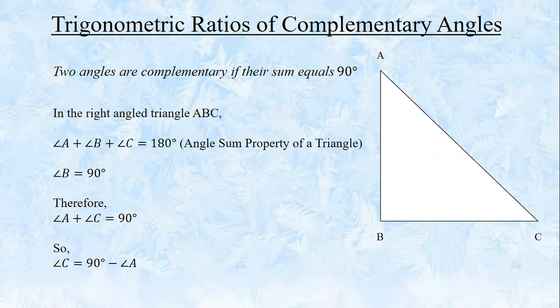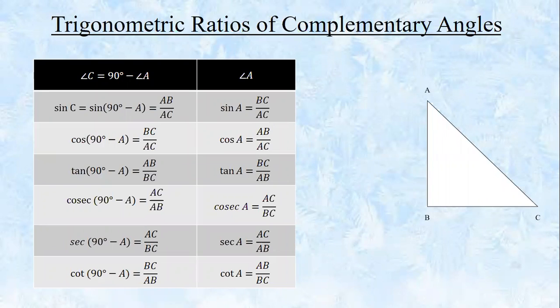Now in this right angled triangle, right angled at B, the sum of the angles is 180 degrees. This is the angle sum property of a triangle. Since angle B is 90 degrees, angle A plus angle C would be 90 degrees. Angle C can be written as 90 degrees minus angle A. Now we have seen the formula for all the trigonometric ratios in the first video. We'll substitute that first. Sin C can also be written as sin 90 minus A, which is AB by AC,